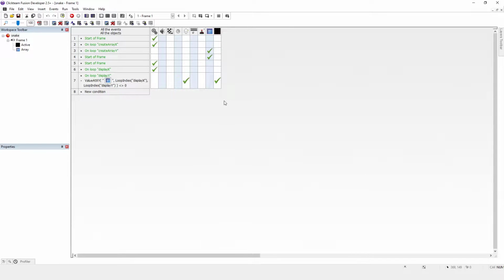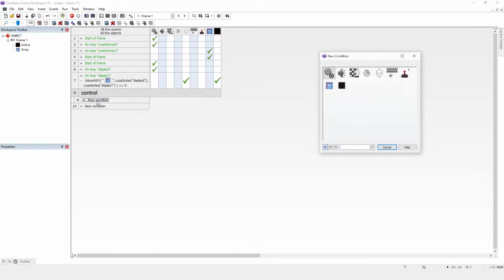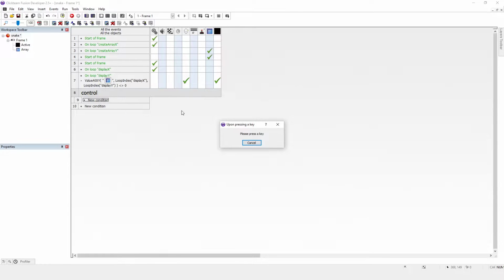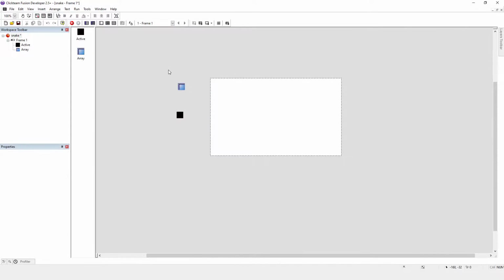So what we want to do is add some interactivity. So I'm actually going to create a group to sort out the interactivity. So insert a group and just call it control. And we're going to have some simple keyboard controls. So what we're going to do: up, down, left, and right. Now we probably could do with a data store, so I'm going to create an active,